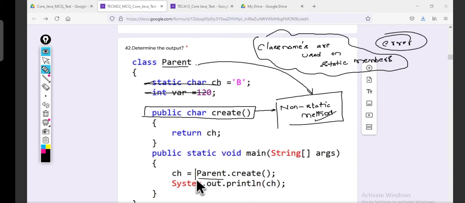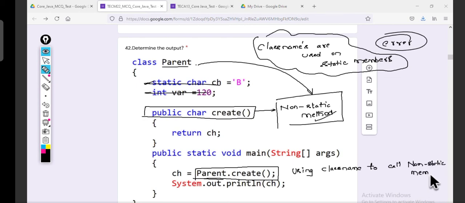Class names are used on static members. That was the concept in the last class. But here, am I using a class name to call a non-static member? Is this possible?